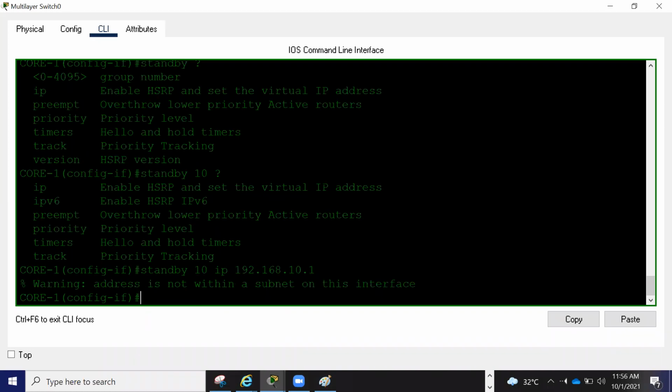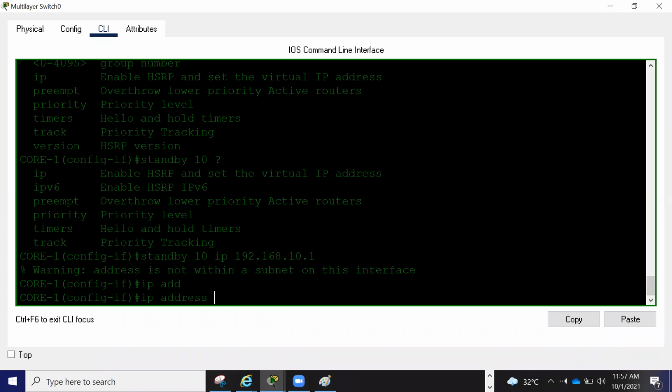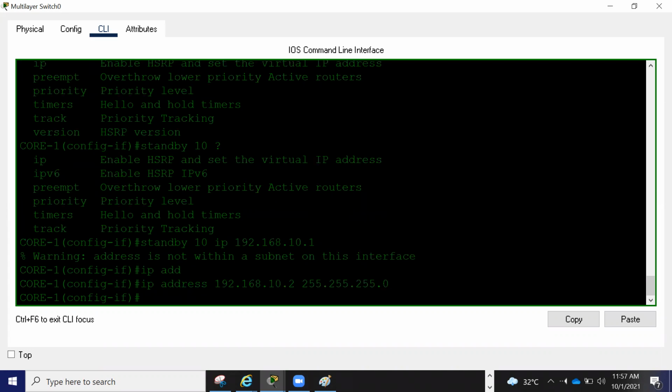Address is not within a subnet on this interface. Okay, so you need to give the IP address first here. IP address 192.168.10 dot, I will say, 255.255.255.0. So first we have given the IP address.